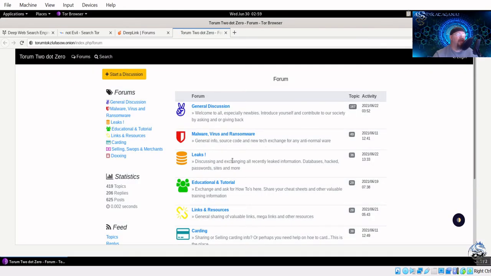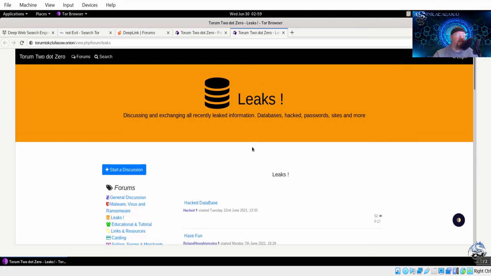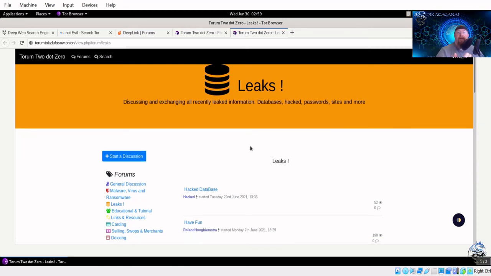Okay, there we go. So here we can see general discussion. This is a good one for you as a cyber threat intel person, because you could essentially download breach databases. Now, there is a fine line there, because investigators do it all the time, private investigators or law enforcement.